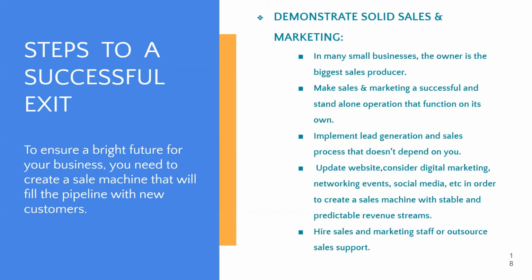To ensure a bright future for your business, you need a sales machine that can function on its own and generate predictable revenue streams. So if you don't have staff, consider outsourcing sales support, marketing, and